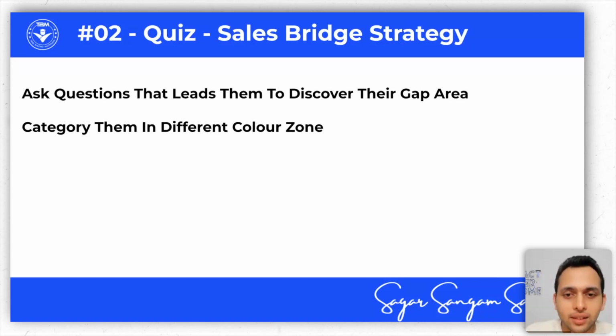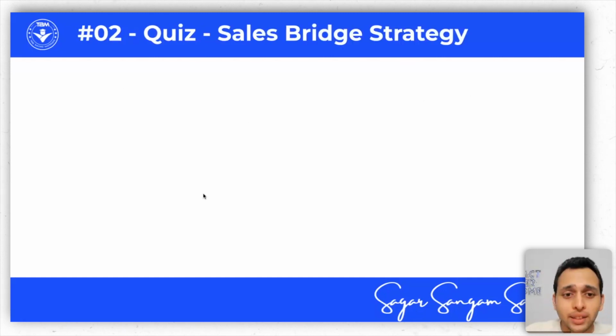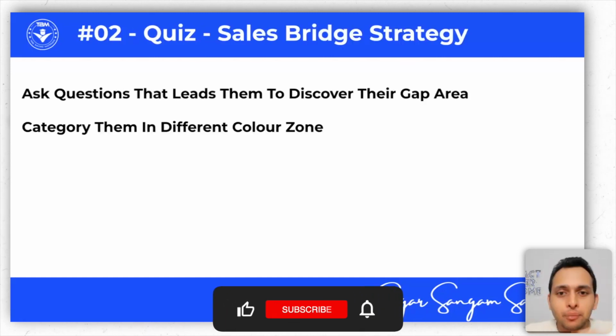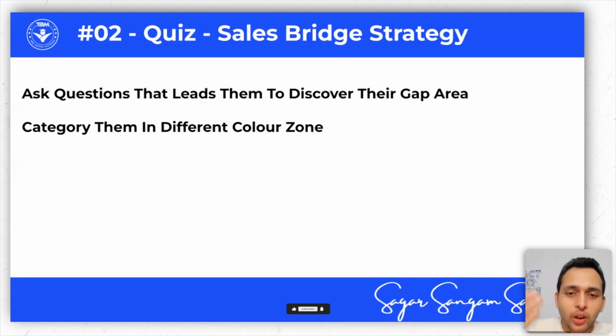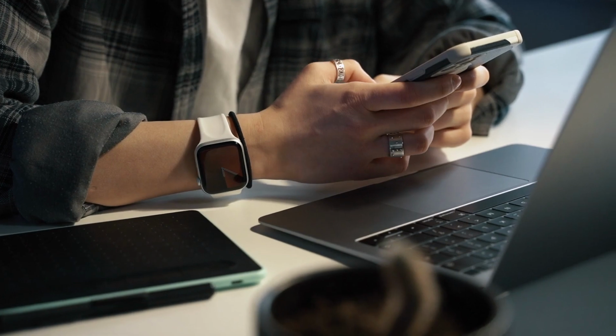They say yes. How many of you feel that this quiz strategy is going to help you reduce the pressure of asking sales bridge questions? How many of you feel that? You can categorize them in different color codes, and mention how this can help you. First show them the mirror: these are the gap areas you need to work on, and you need to increase the score. It really worked when I used it, and every time I use it, people have seen results.